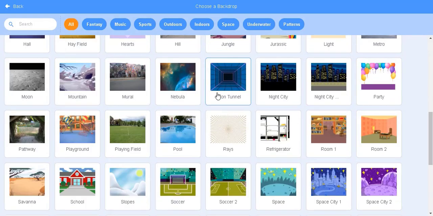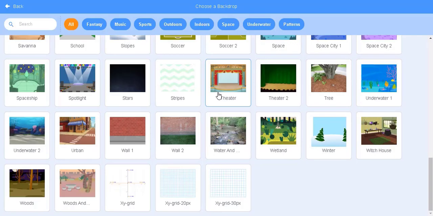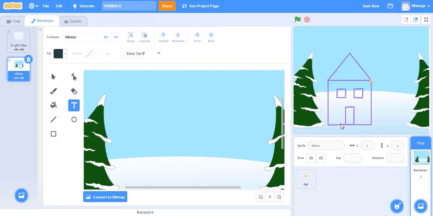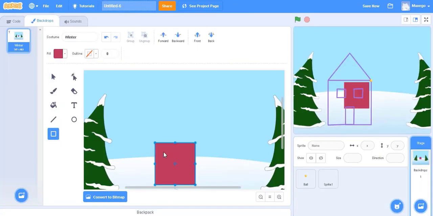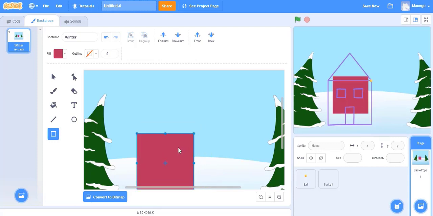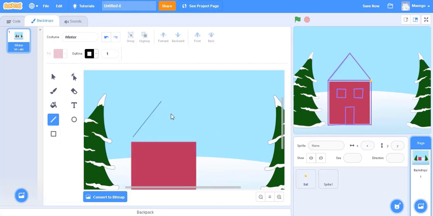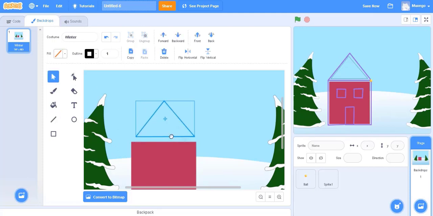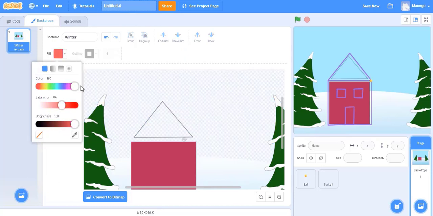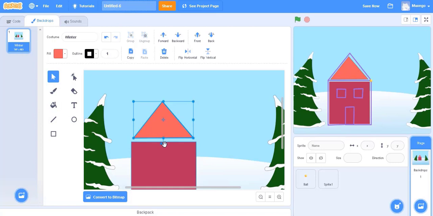Now that I finished my house, I am going to decorate it a little bit. So I am going to use a different backdrop, and additionally, I am going to include in the same backdrop the color for my house. This decoration, you can do it in the way that you want. The idea is that your house doesn't appear in that space just empty. Okay, now that I have it,